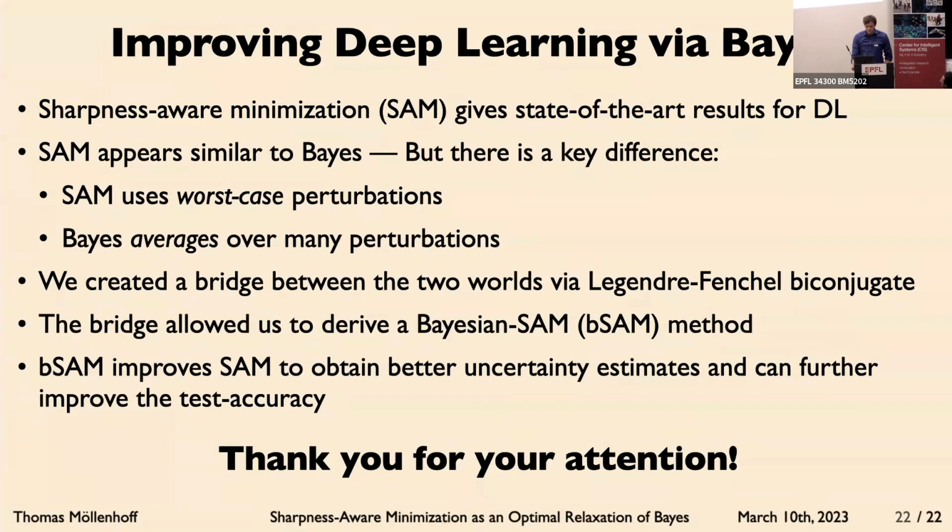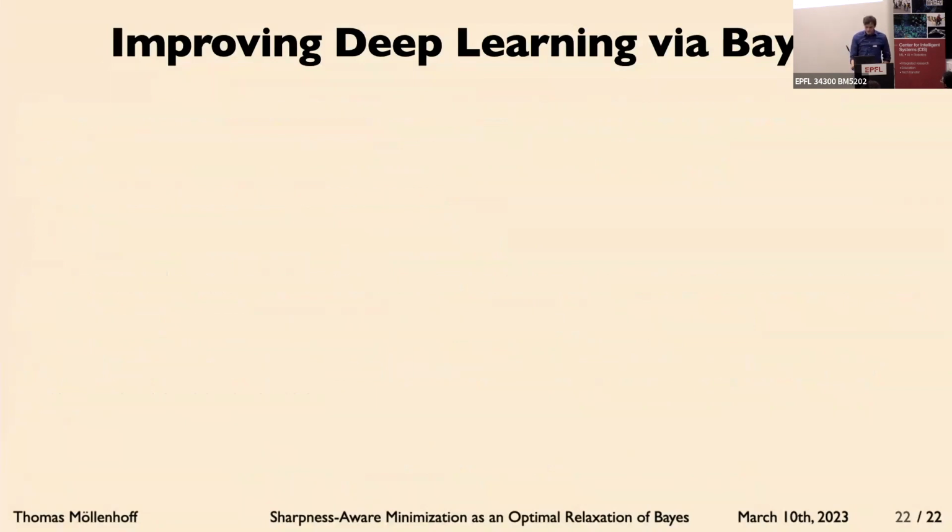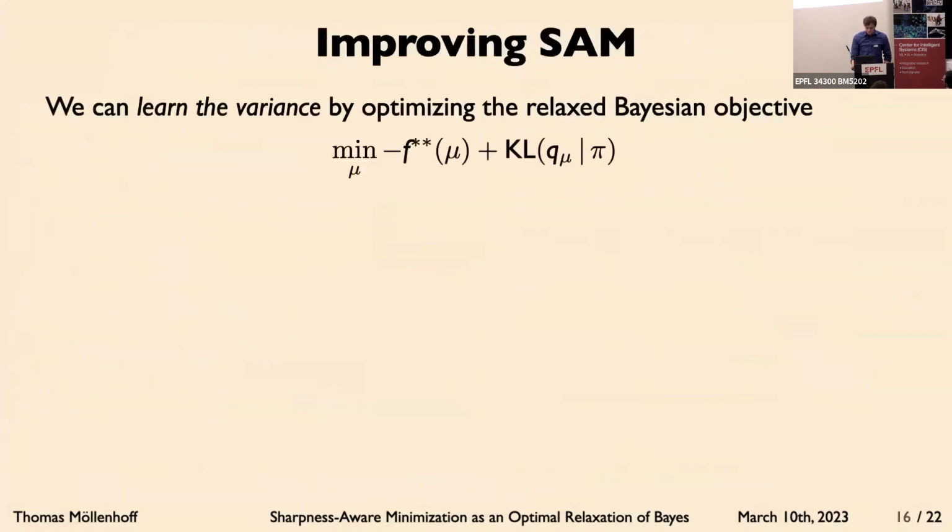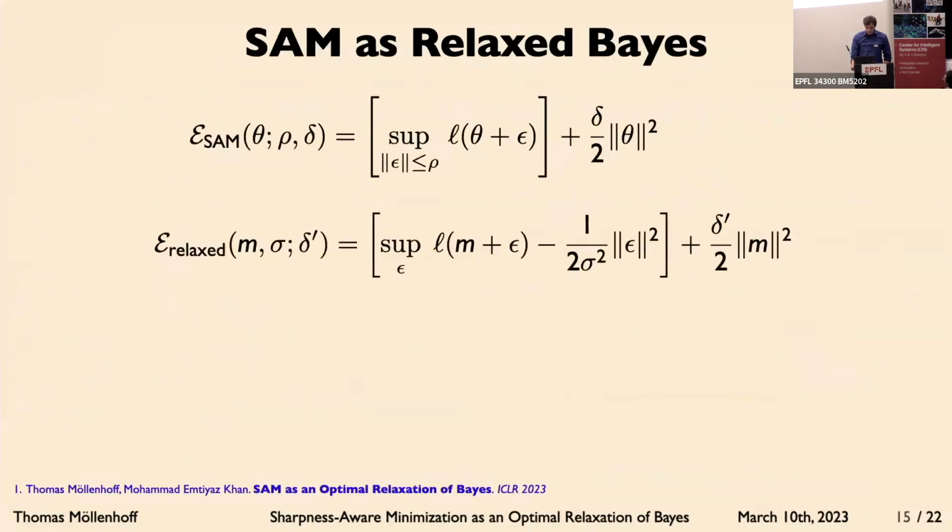But from what I understand, the way you motivated SAM is that under your Gaussian reparameterization, it comes out maybe not exactly, but somewhat similarly to SAM, right? So you take your expectation over the distribution with this epsilon, and by applying double Fenchel conjugation, you have these additional terms. So it's not exactly SAM, but somewhat similar. Yeah, this is the main difference: the soft constraint versus the hard constraint.